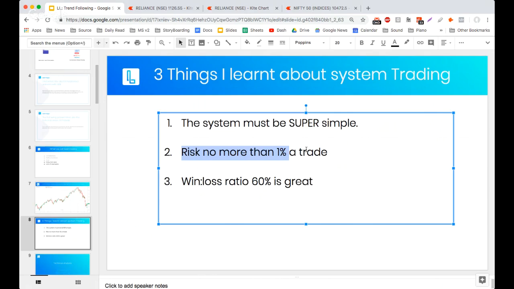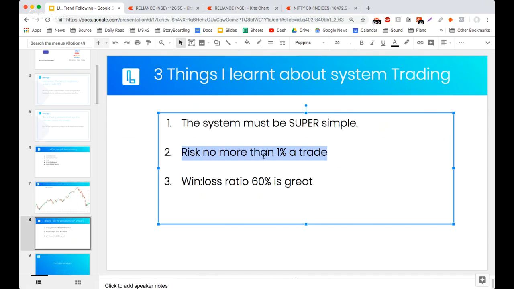You have to buy only enough shares that if you get stopped out on that trade, you do not lose more than 1,000 rupees. That is 1% of a 1 lakh capital. So if your capital is 10 lakhs, you should not lose more than 10,000 rupees. If you lost more than 1% in your last trade, you should seriously look at this, because this will decide whether you're a winner or a loser.